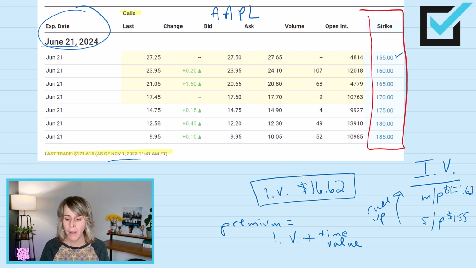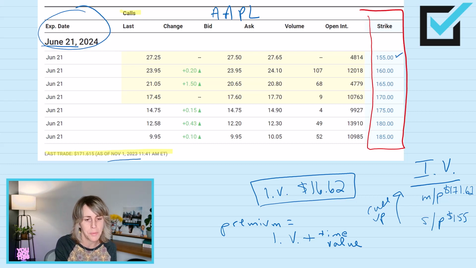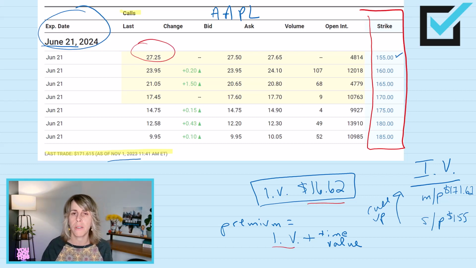So we have time. So the premium for this option, this last, better be more than the intrinsic value of $16.62. Does that make sense? Why? Because there's time left until June. So the premium, $27.25. The intrinsic value,